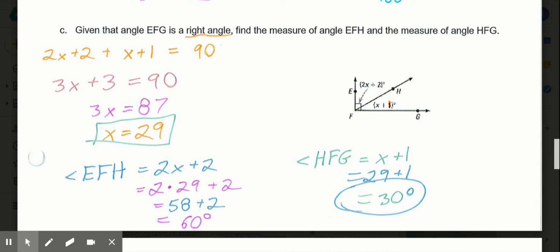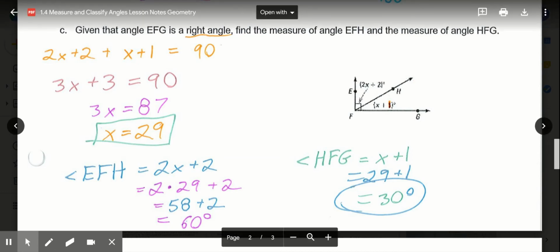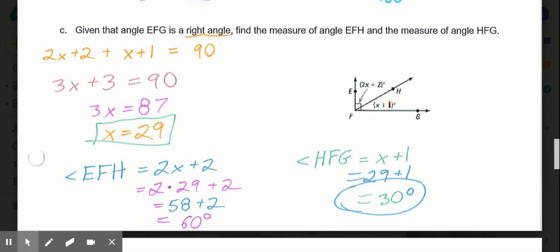Subtract 3 from each side. 3x equals 87. Divide by 3. And x equals 29. Now we're going to take that 29 for x and plug it into each expression here